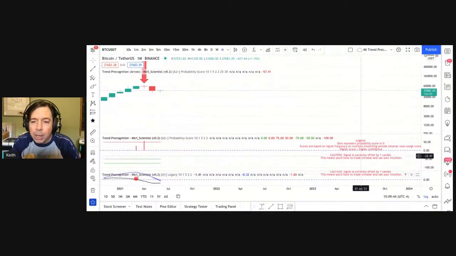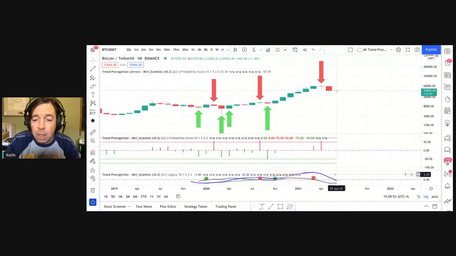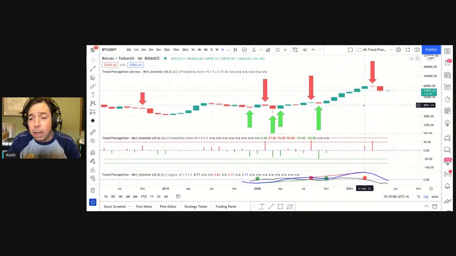And to see what all these are, you could scroll over and you can see the legend of all of the different colors here. The really important one to be looking at is the black one, and it showed us back in March that trend was crossing downward. This blue dashed line here is the reversal line, right? So when it's going down, you get a short. When it goes up across that, you get a long.